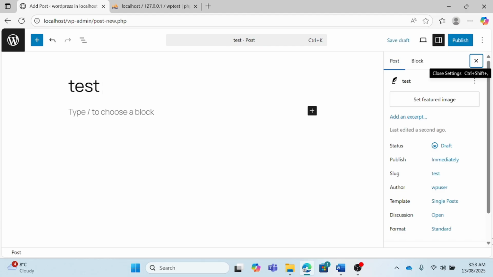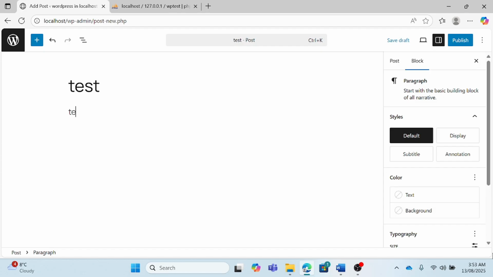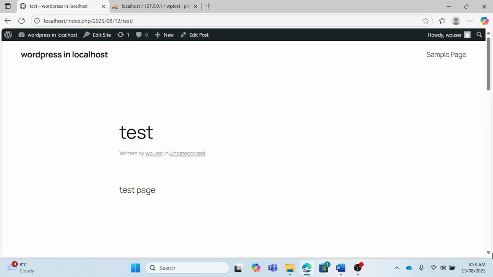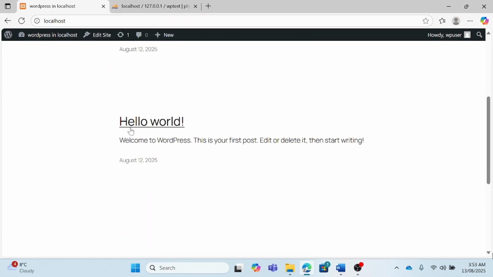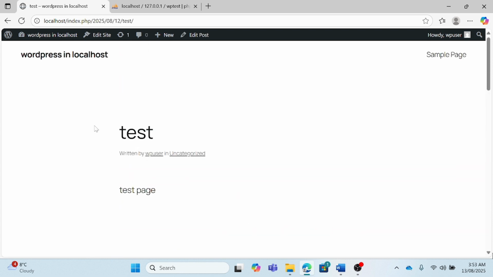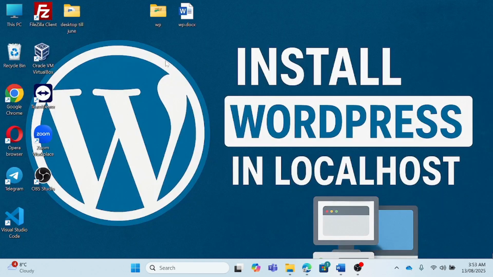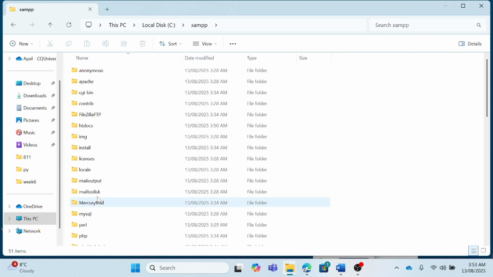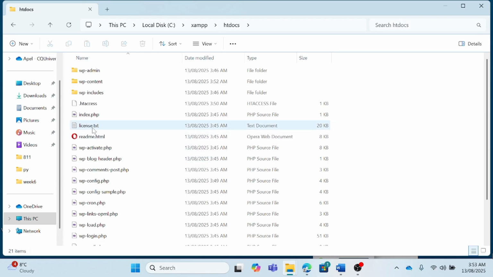Test. See? This was our first post by default. This second, yeah. Now you can customize all your PHP files. If you want to copy any theme